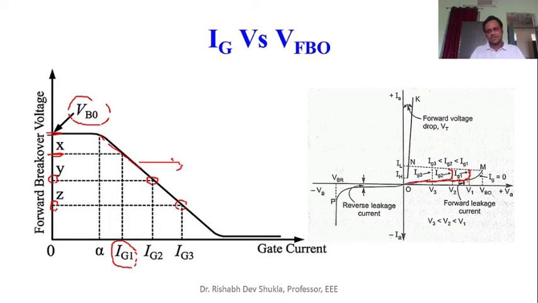Again, increasing the gate current, it will start connecting somewhat at the lower voltages. So that is the objective. That's why we are applying the gate current. In our applications, in our lab side, we do not have such a proper voltage that we could achieve the V breakover. So that's why we are applying the gate current in order to lower V breakover.